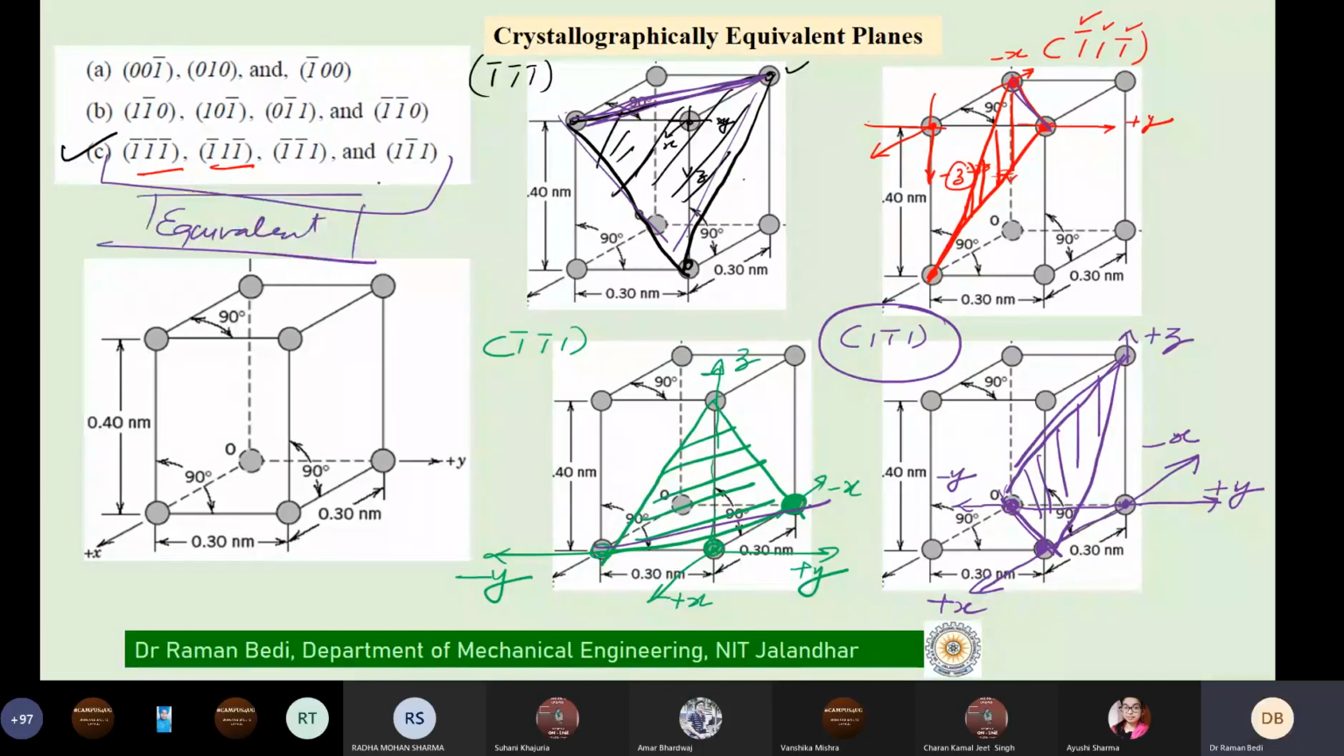This exercise helps us not only in understanding crystallographic equivalency, but also is an example to draw the planes, to sketch the planes, and they convey